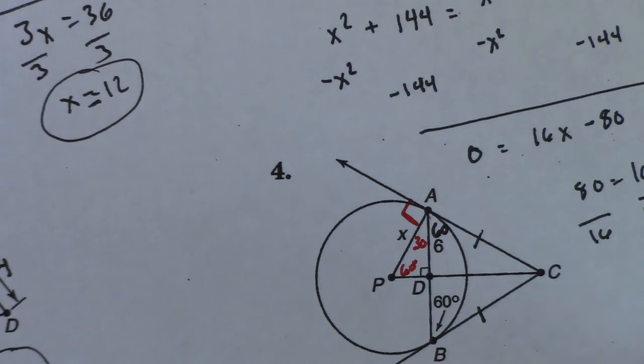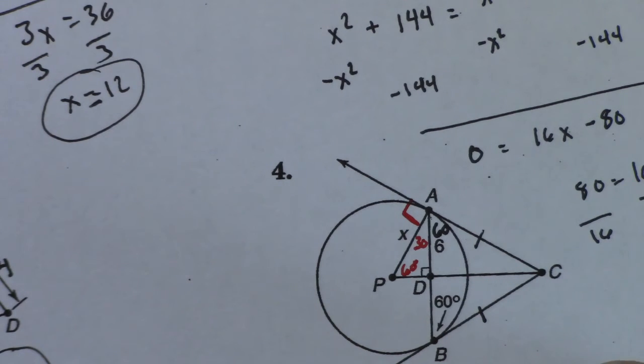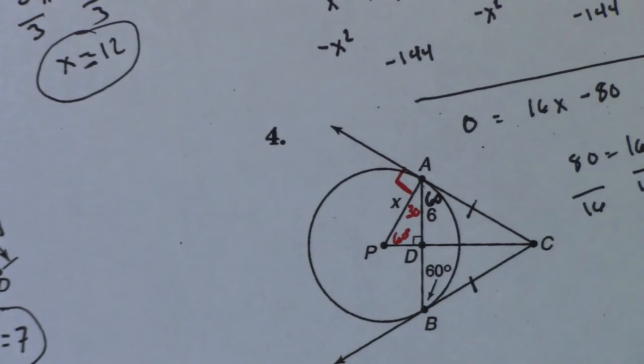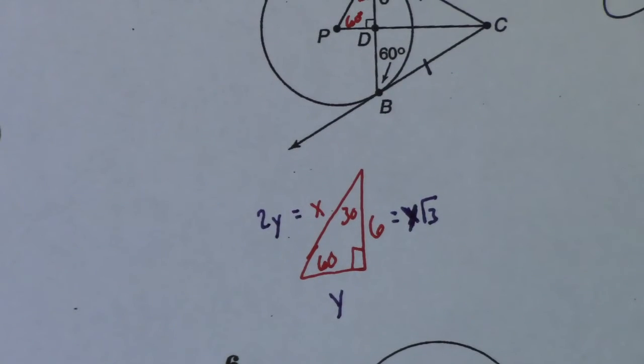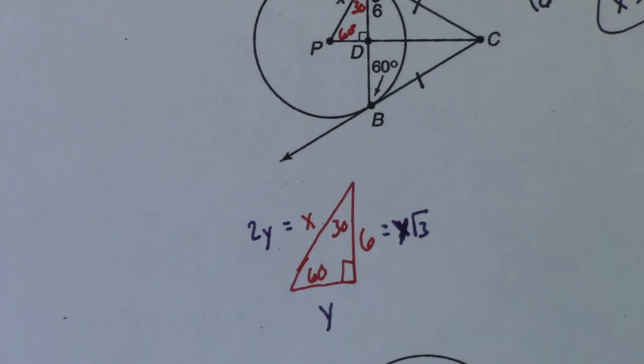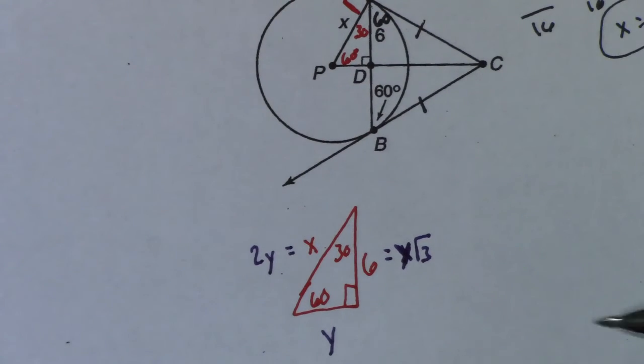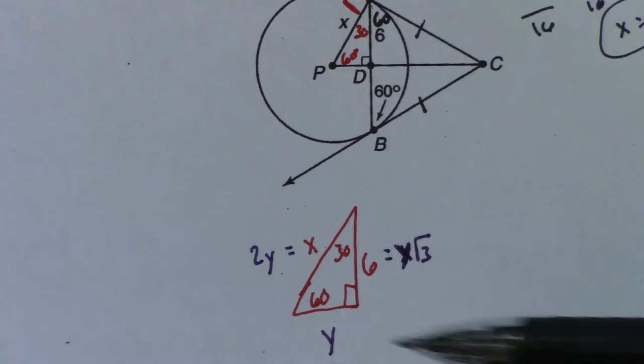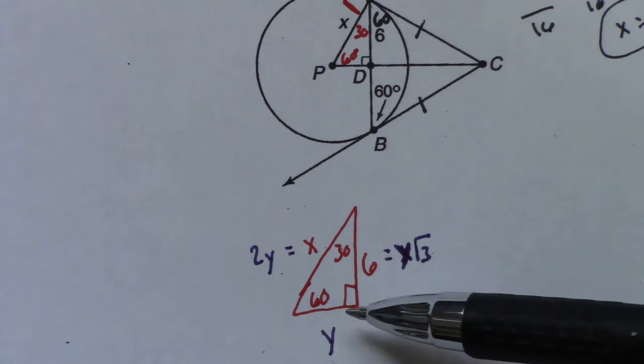Across from 30, oh, I shouldn't use X. We're going to use Y. Across from 30 is just Y, and across from 90 is 2Y. The moment you see 30, 60, 90 special right triangles, I'm doing a horrible job of saying on camera. I apologize for that. So again, anytime you got a 30, 60, 90 right triangle, think of your blueprint. So in this case, across from 30 is Y, across from 60 is Y root 3, and across from 90